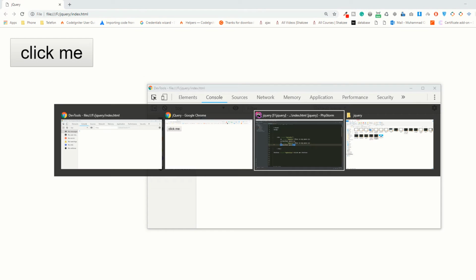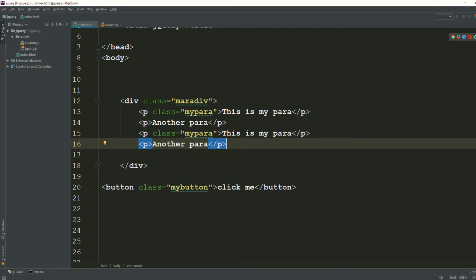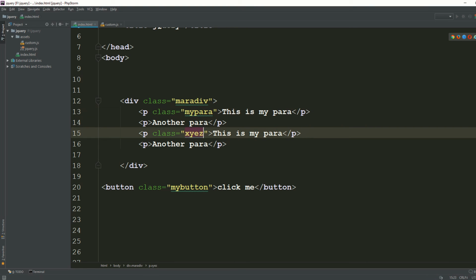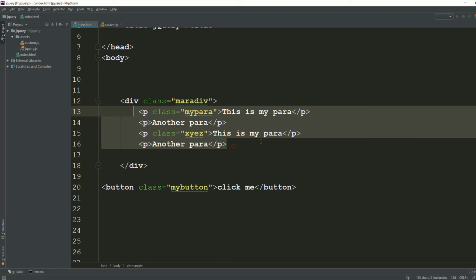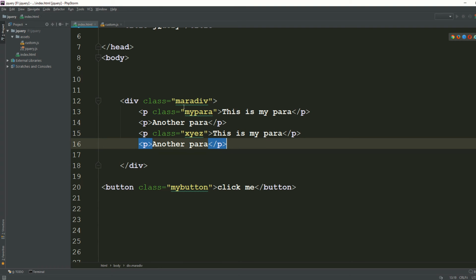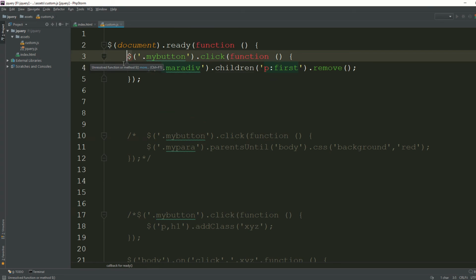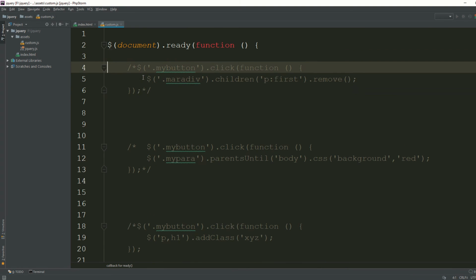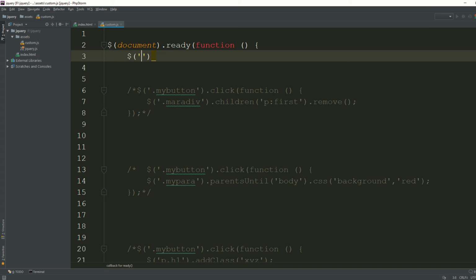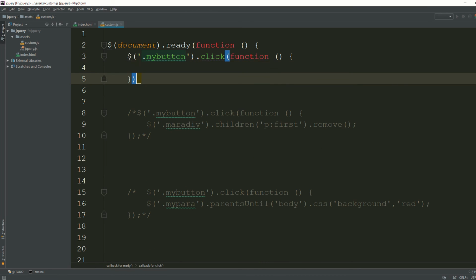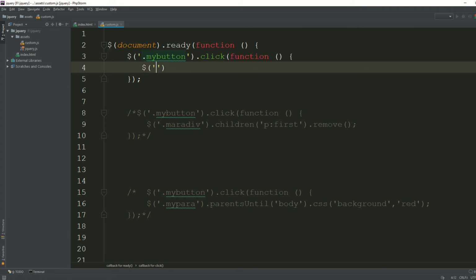And you have another type of functionality. Suppose you want to find this class, say you have an XYZ class, and I say just find this class inside this div. Suppose you have thousands of elements and you are going to find something, and when someone clicks on this, I'm going to find this class inside this. How can you do that? Just comment this so you can easily get the code. Now whenever someone clicks this, and this is the callback function,